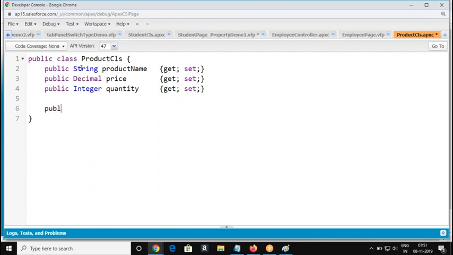Okay. So anything you would like to display when the page is loaded, keep that logic inside a constructor.